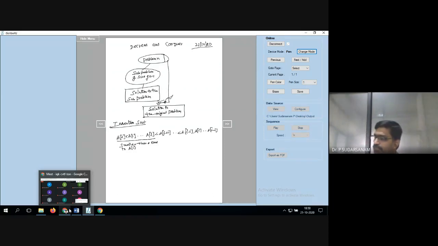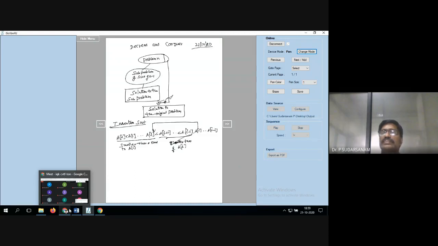So now what will happen? A of i will be moved to here. So next value you are adding, that is nothing but greater than A of i, this one. This value is greater than A of i, which means you have to move it to here. So already you have the idea.